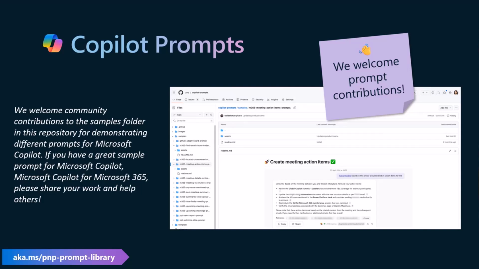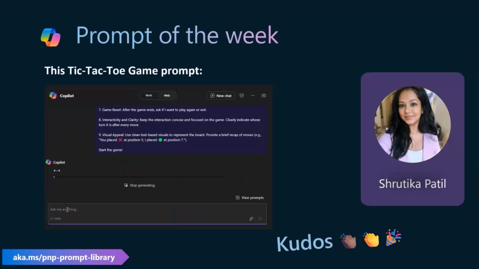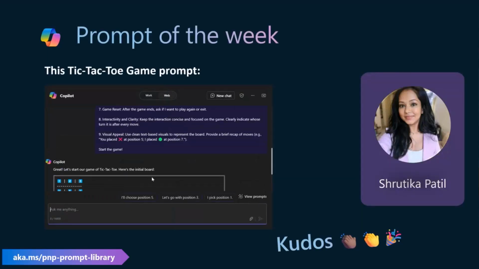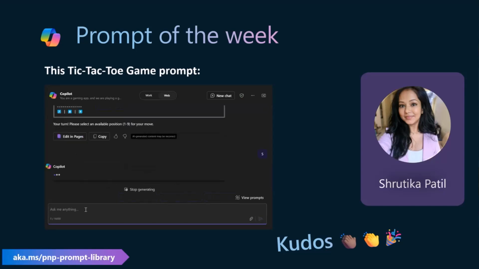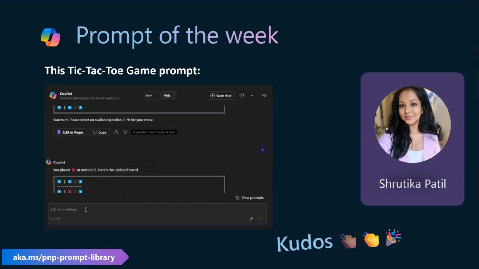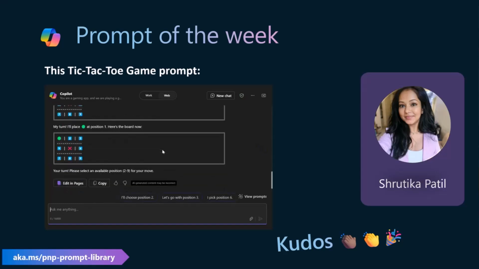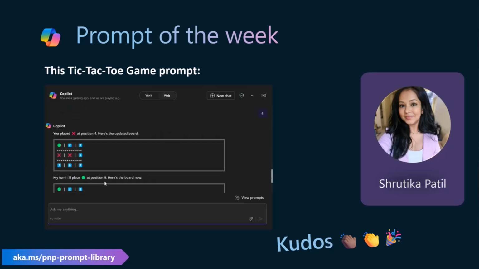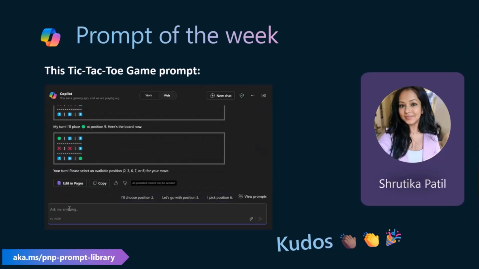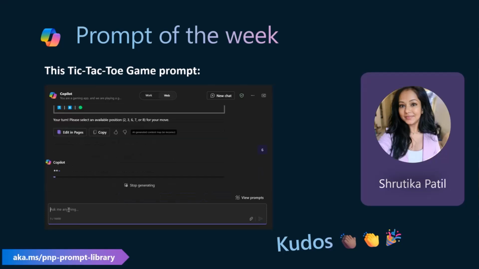And this week's prompt of the week is an interesting one. This is not a really business-powered prompt, but it demonstrates nicely how the LLM can adapt based on your request. You can make the LLM play even tic-tac-toe with you based on the system prompt we are providing. So it's really pushing the boundary on what LLMs and even Copilot can do visually within the UX side, as you can see in the GIF animation. Now, I guess that's it for now.